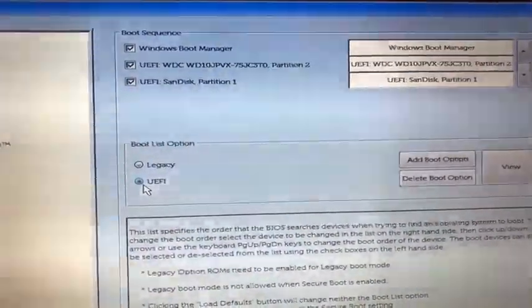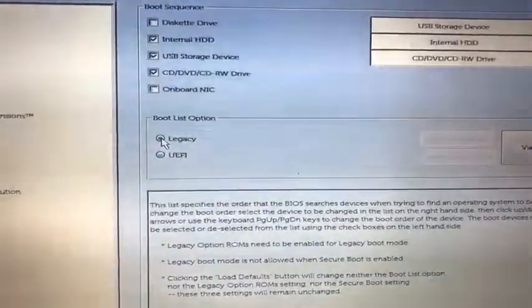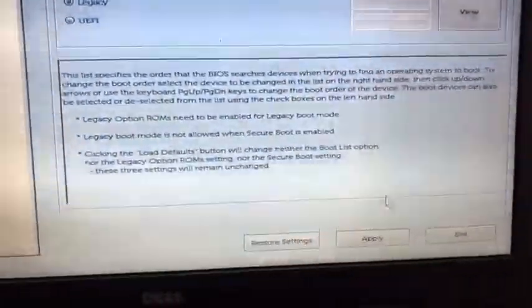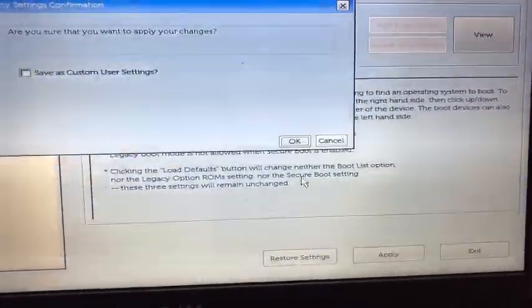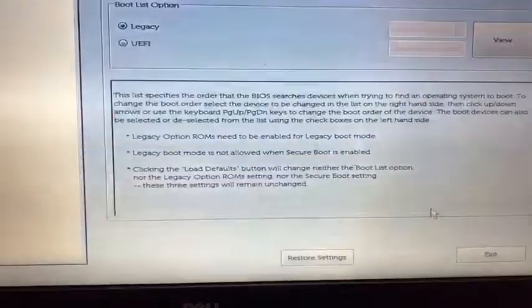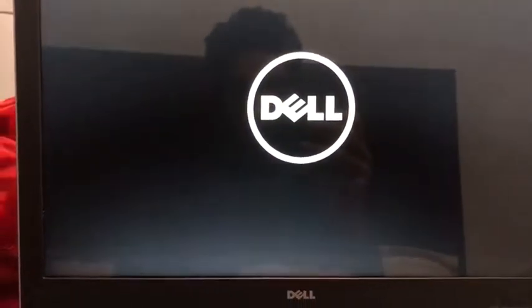In UEFI I cannot boot, so I need to go to legacy mode, then click apply and then OK, and then simply restart the PC. It will directly boot your pen drive. On other laptops you can check on Google how to load the boot. After restart you can see it directly boots up.